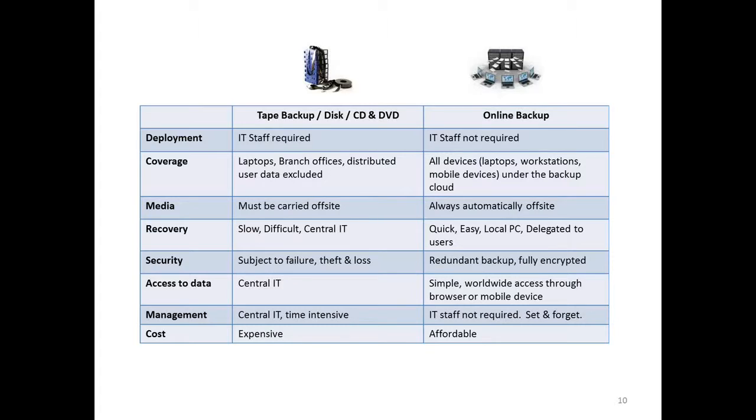But let's contrast the centrally architected backup solution with online backup, where every single device is under the backup cloud. So what we mean by that is a laptop, if it leaves the office and is no longer connected to the LAN, can no longer be backed up to the server, but it's always connected to the internet. These days, most laptops are always connected to the internet. And that means that laptop can be protected. So whether it's laptops, whether it's branch offices, anything that's not in your existing backup cone or on that centrally architected solution can now be backed up with online backup.